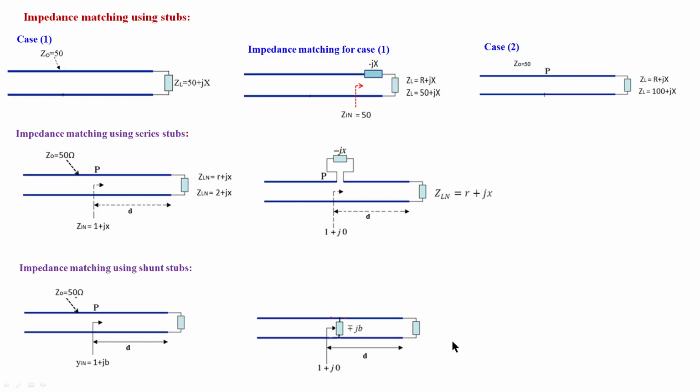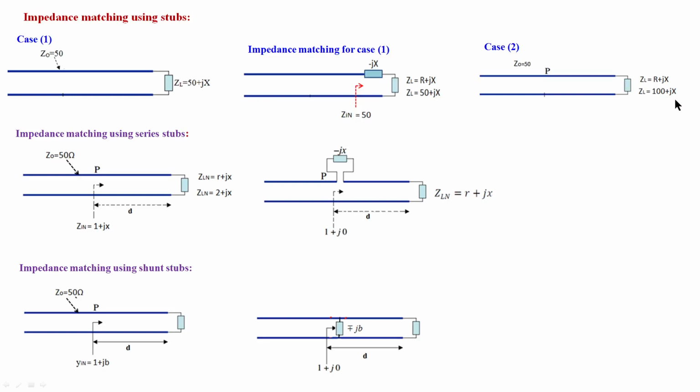Hello? Yes, ma'am. Okay. So as we move here over, instead of adding a component next to the load, even if you add opposite reactance next to the load, it will not give impedance matching, because the remaining value of the load is this value, whatever it is, 100 or whatever. If it is 50, then we will get a match, but if it is other than this value, then there is no matching if you add the opposite reactance next to the load.